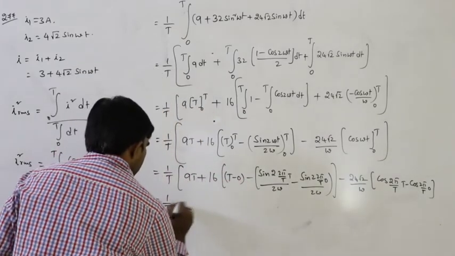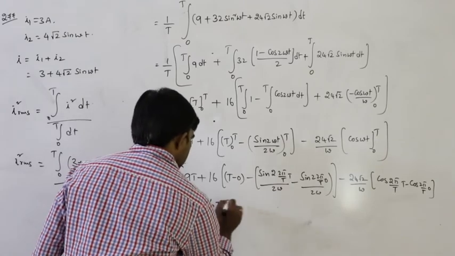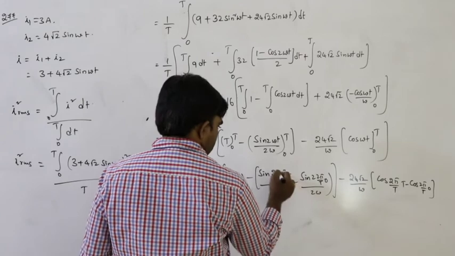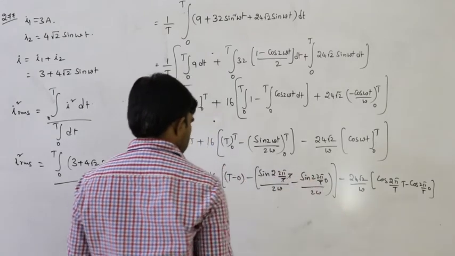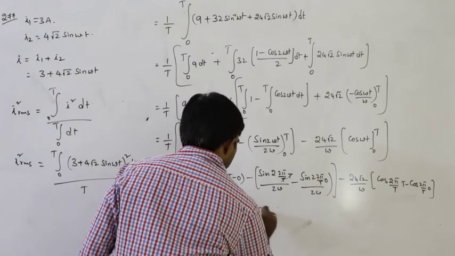That is 1 by T into 90 plus 16T, multiply, this is 0, T cancels, 16T it is, minus 24 root 2 by omega into